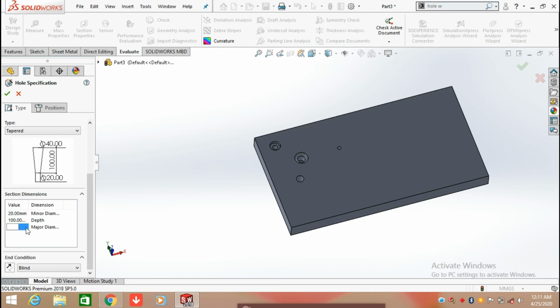So in the major diameter we are going to enter 20 mm, and in the minor diameter we are going to enter 10 mm, and the overall depth of the hole is 15 mm.